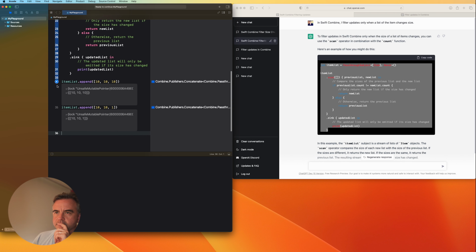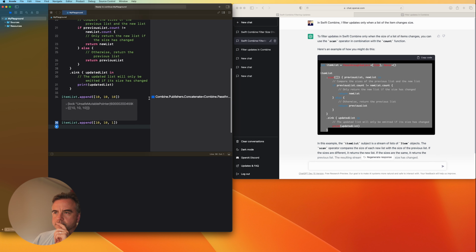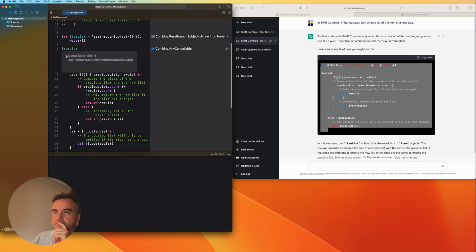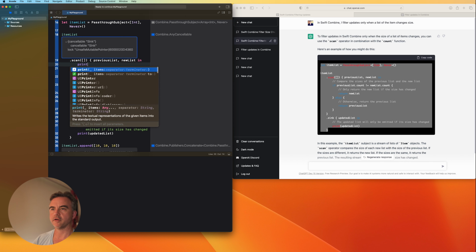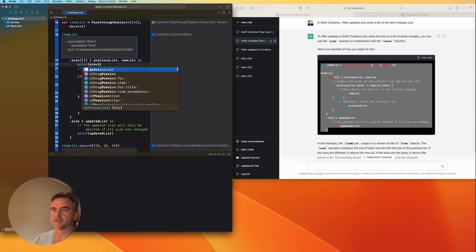Oh, we ran it. I didn't actually get to here, which is interesting. If previous list counts, new list count, previous list, new list. What if we print here in the scan, print new, previous list,